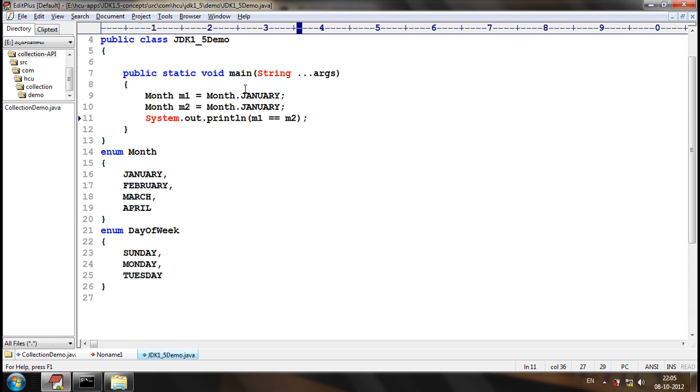Will it be true or false? If M1 and M2 are pointing to the same object, then it will be true. If M1 and M2 are pointing to different objects, then it will be false. Then will it be true or false? True? Why do you think it is true?